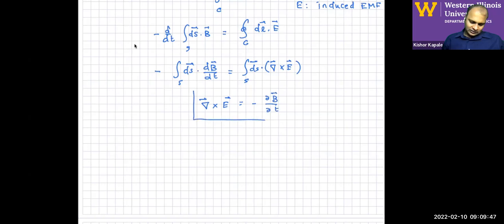The negative sign is important, but now this allows us to modify the Maxwell's equations that we saw, and this is due to Faraday, right? Because this is Faraday's law of induction. So this is the first modification to Maxwell's equations